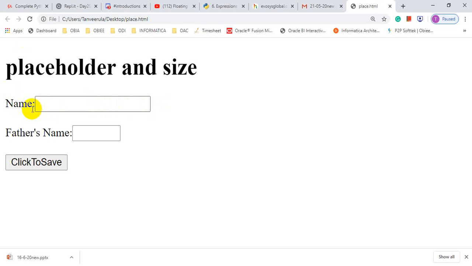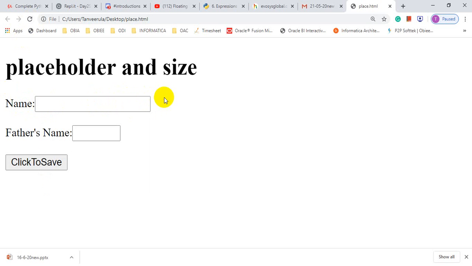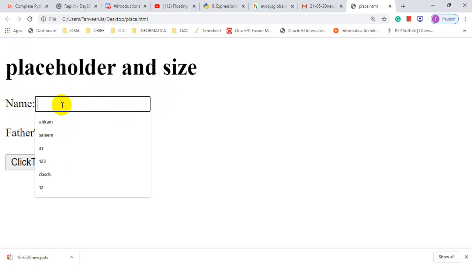In this textbox only the heading is name, so the user may be confused whether he has to write their first name, their middle name, or their full name. And there is no help. For example, you can insert your name, my name is Ekam, or another person, for example a student whose name is Ahmad, may enter only Ahmad.